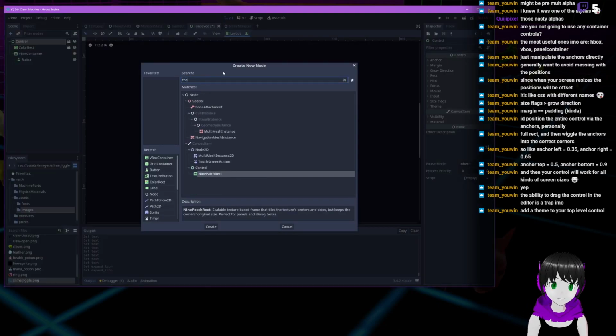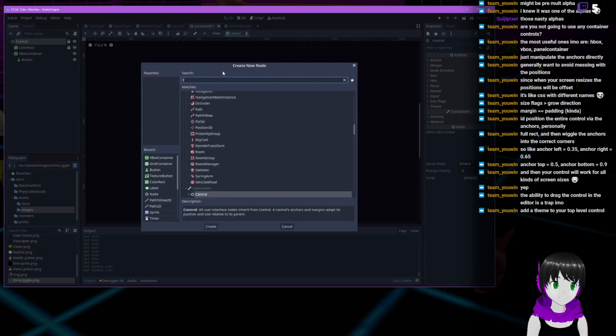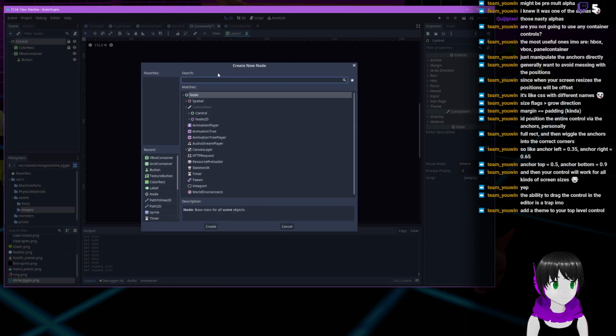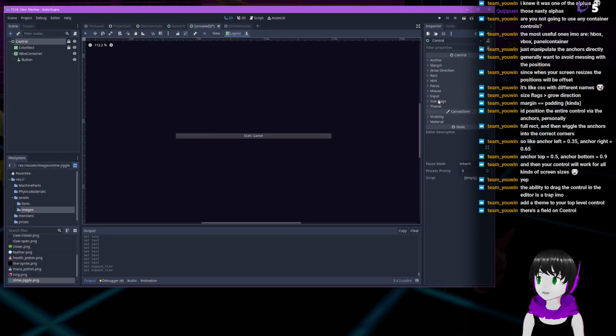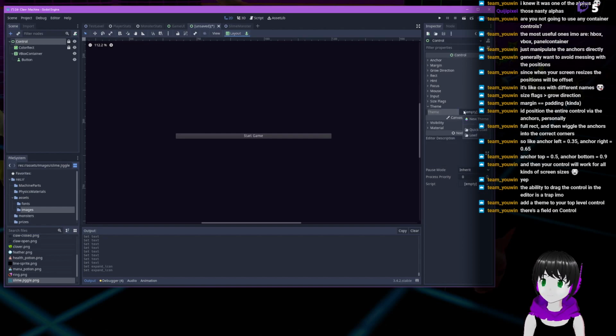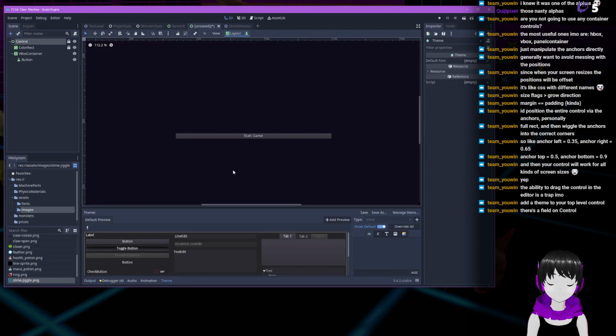Oh, is there actually like a, wait. Oh, I think I got it. I think I know what to do. Yep, for this theme, and I need to create new theme. There we go. Perfect. I was looking for this yesterday, and I was searching all around in project and editor, and